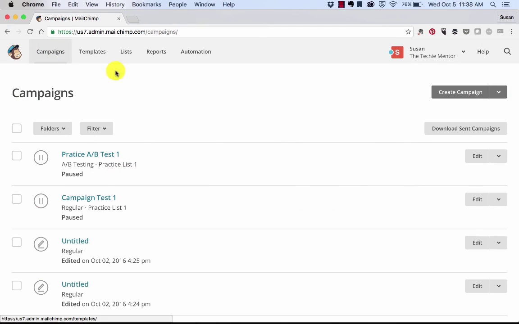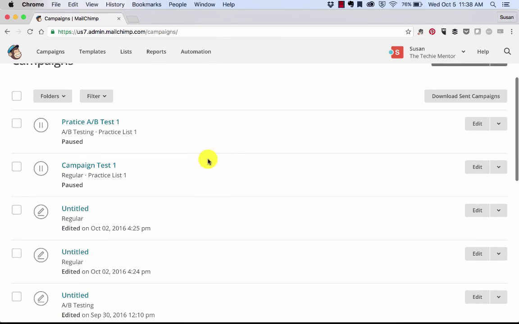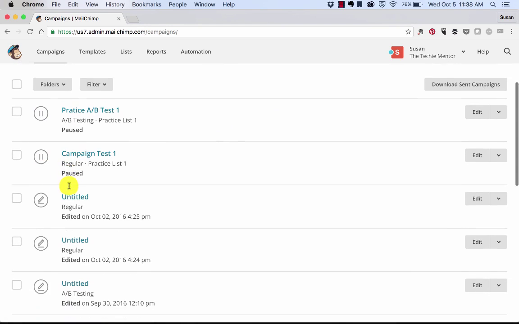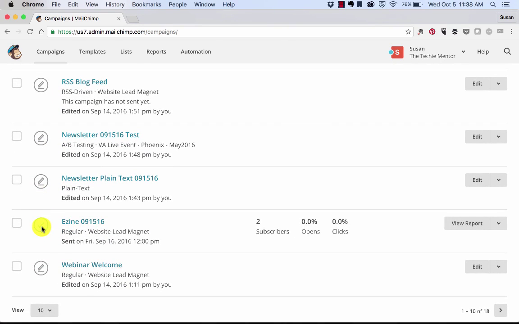So I'm going to jump into MailChimp, and you can see I'm already on the campaigns. From here, you can see that I have different symbols, and these symbols actually mean different things. For instance, these two are paused. As you can see, it says paused. These with the pencil, these are all draft. This one with the green check mark is actually a current running campaign, and you can also see you have